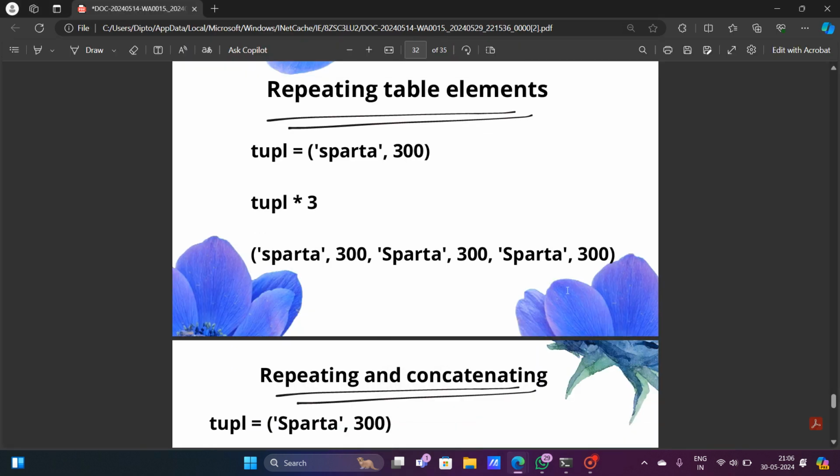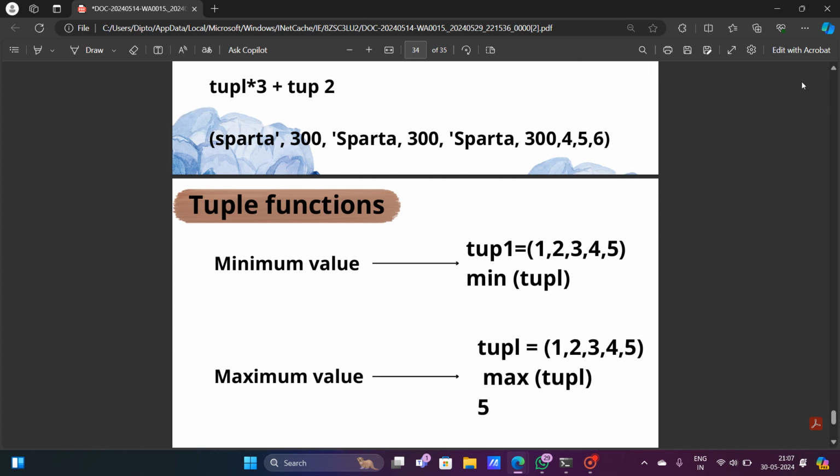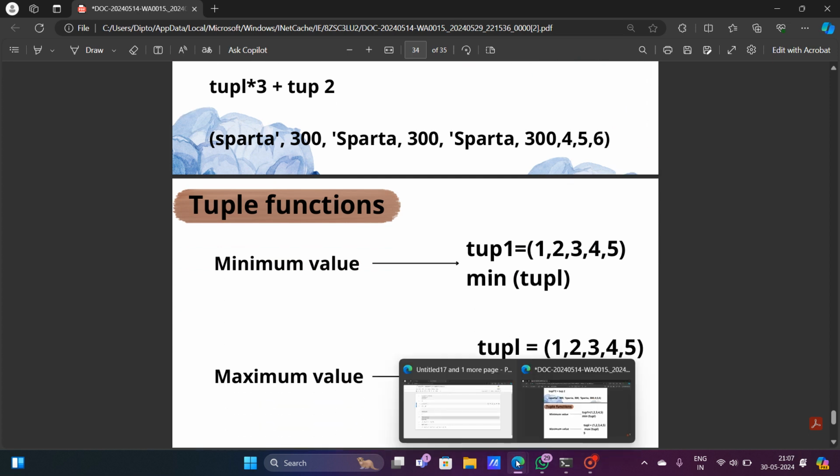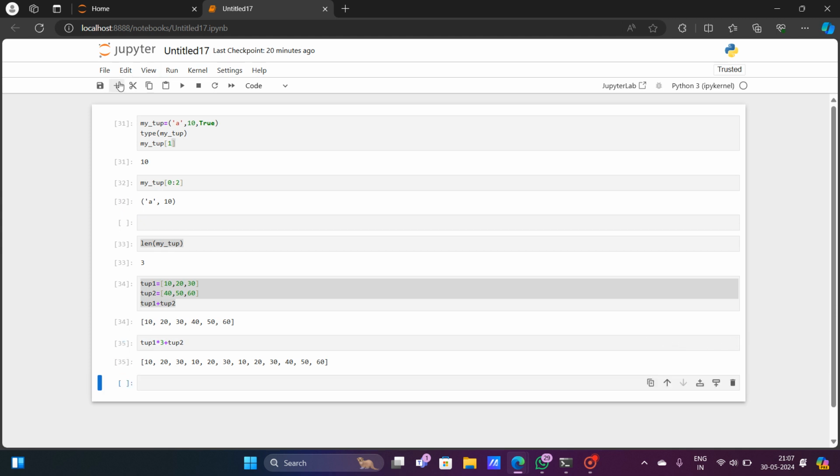And if I want to find out the minimum value and the maximum value of the tuple, then it is very easy to understand. Suppose I have a tuple 1, and I want to find out the minimum value of tuple 1. How can I find it? For the minimum value of tuple 1, you have to just give min, and give the name of the variable that you want to find out. The name of my variable is tuple 1, so I will write min tuple 1. So if I run this,